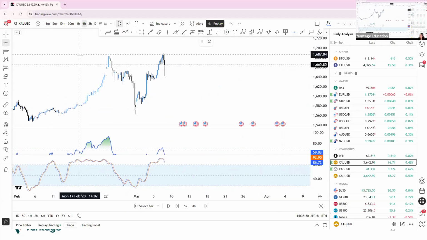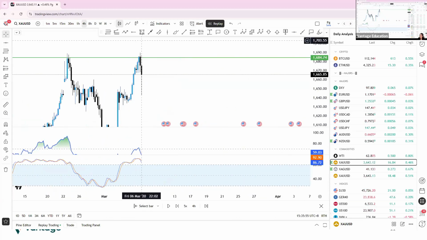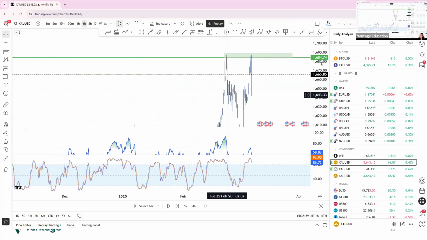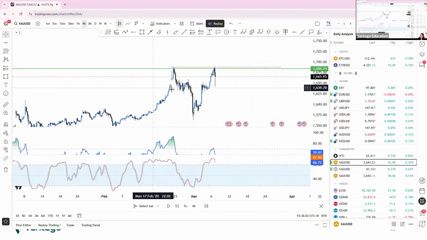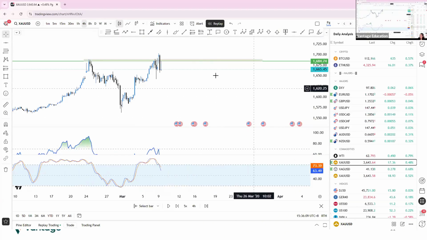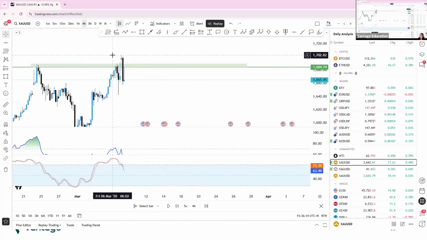Let's say I would say that this is my resistance level. That is the zone. So we will consider this an M pattern, correct? This is an M pattern. Boom. And then let's say you sell here,